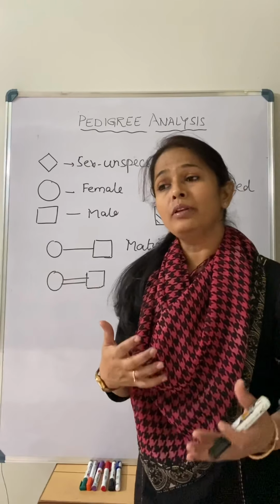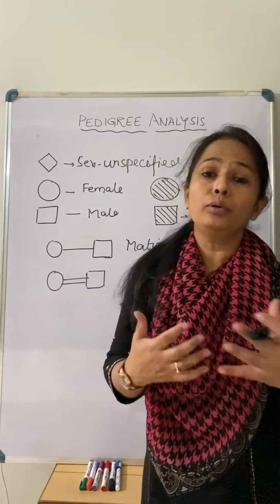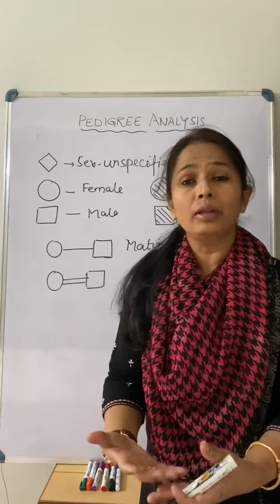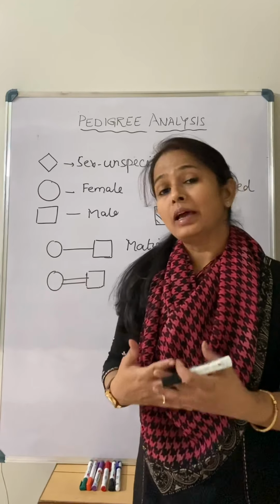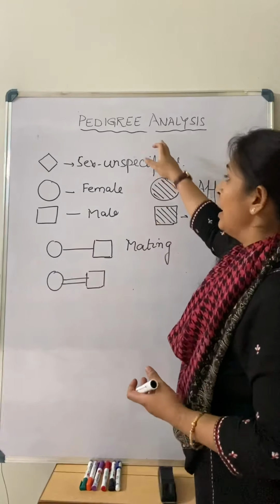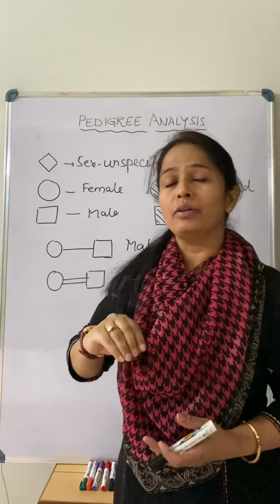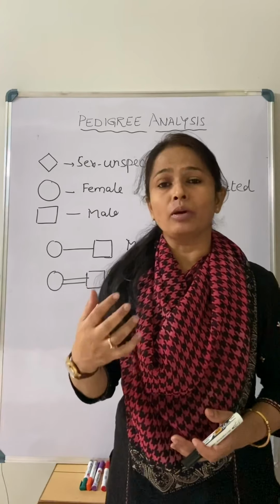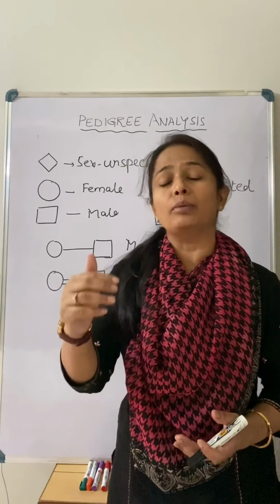There is one way to study that, and when we want to draw it, we need a pictorial or graphical presentation. That time we call it pedigree analysis, right? If we talk about the family history, or the inheritance of a disease, then actually we are talking about the inheritance of a gene related to that disease in that family history.